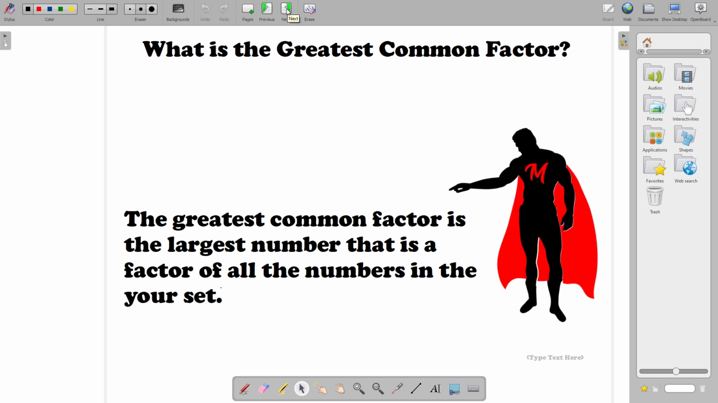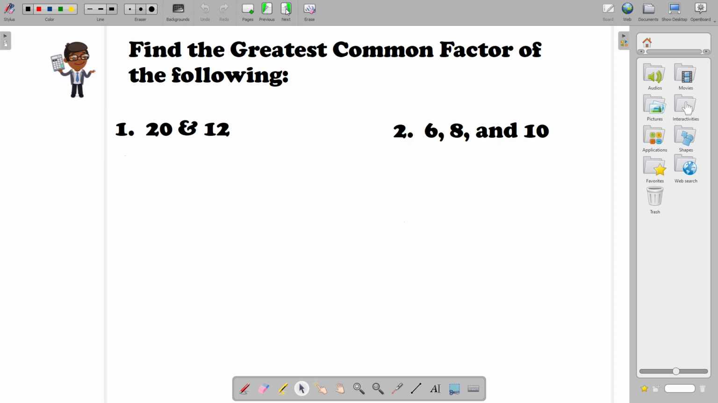So first of all, let's talk about the greatest common factor. It's the largest number that is a factor of all the numbers in your set. So let's go back and do some review. If we want to find the greatest common factor of a set of numbers, we look at those numbers and